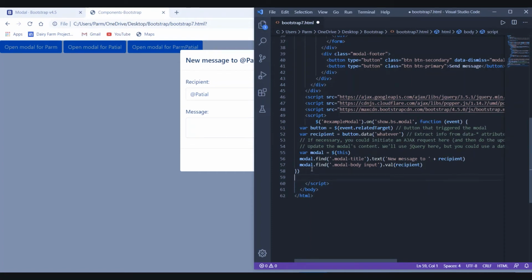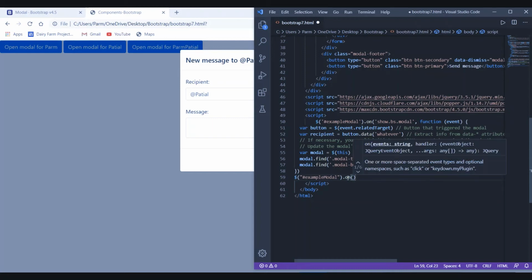How we can do this is we will have to write one more line over here, that is the jQuery function. Then we have to use its id. Here the id is exampleModal. Use Ctrl+P to avoid spelling mistakes; I mostly use this practice. Then we have to call the on function, and here we have to call the event.